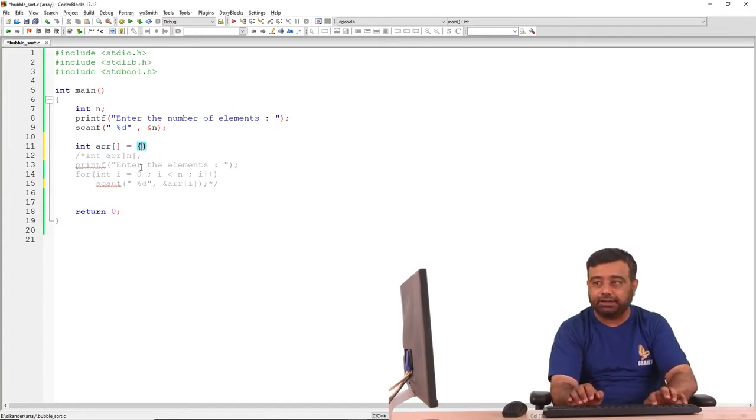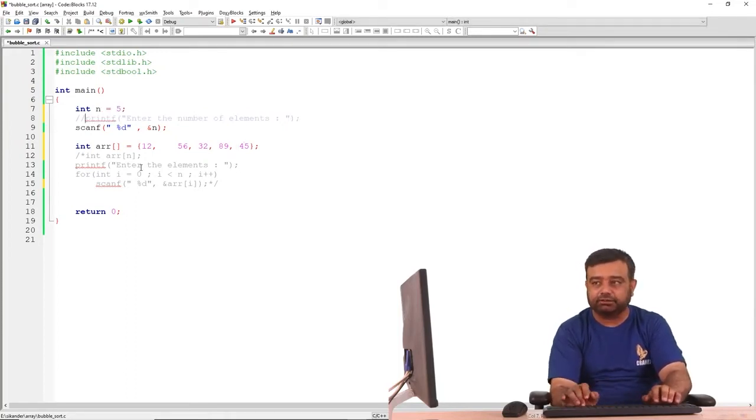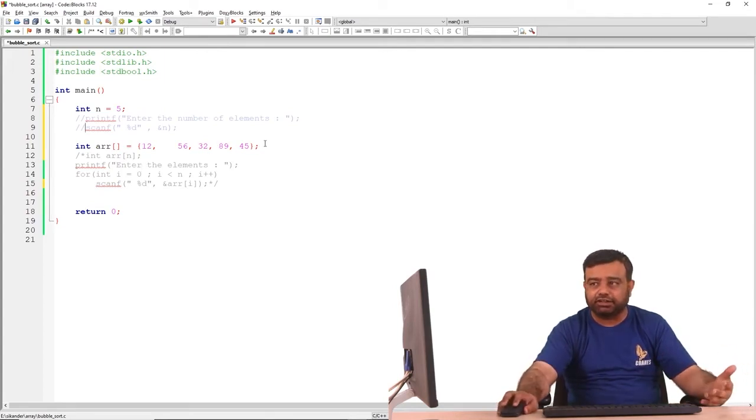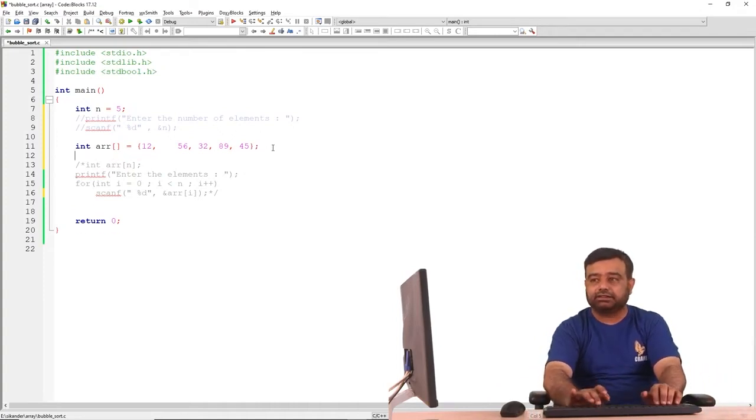and I will place these elements. I will not be reading the value of n also, because we know that here it is 5. But remember, once we understand this concept, then we will learn how to read values from the user, and then sort on that particular data. Random data we will take up later, fine. Okay. Now, I will just return it here,